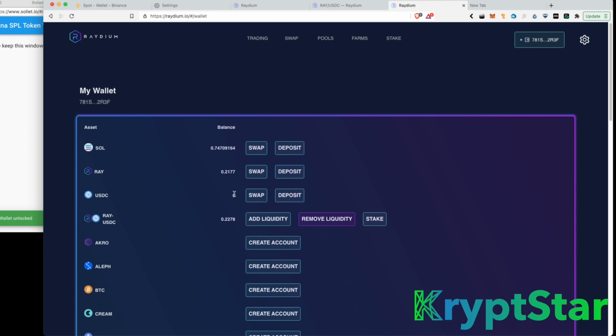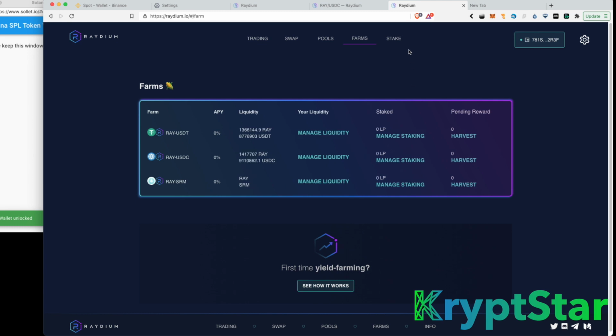Before 2 days ago, this wasn't working properly because if you maxed out your USDC, you'd hit an error. But they already fixed that, which is what has me so bullish on this coin. Anyways, we're gonna go now. What we're gonna do is we're gonna go to farms. So from the farming section, you can go ahead and,